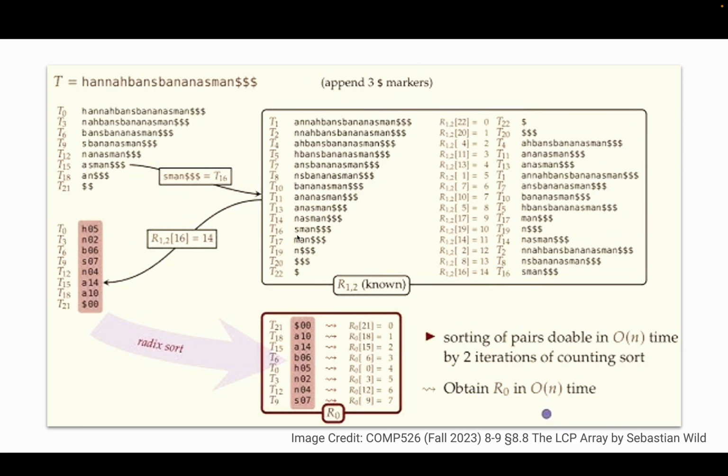Now whatever we find here, we're going to sort it in lexicographical order. We can use the previous algorithms for that. So A is at the start, but the dollars should be first. Then comes the A, then the B's, then the H, and then the other letters. Then what we do is we find the correspondences between these. So, for example, if we want to find out the correspondence for T15, then we check for